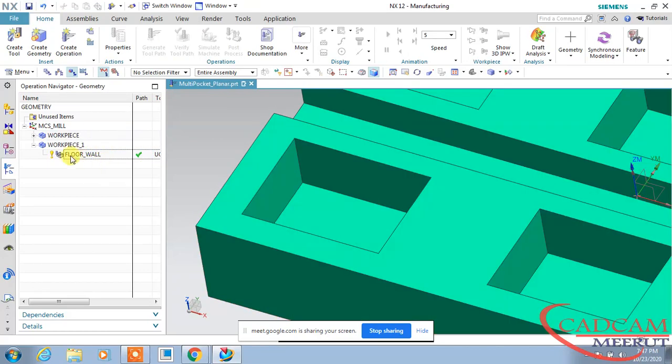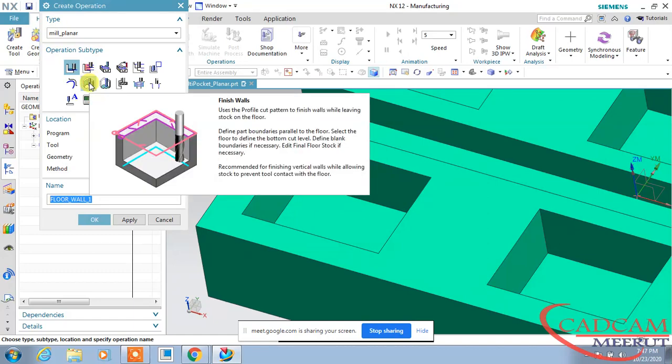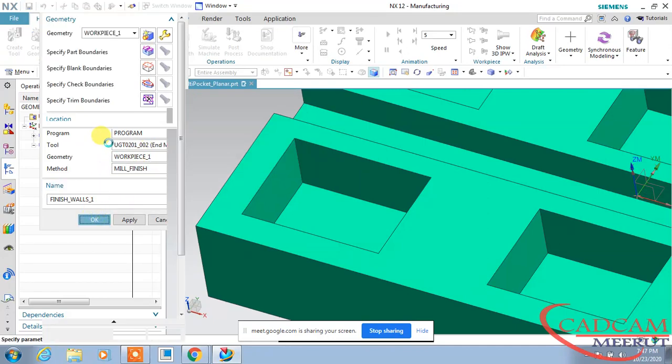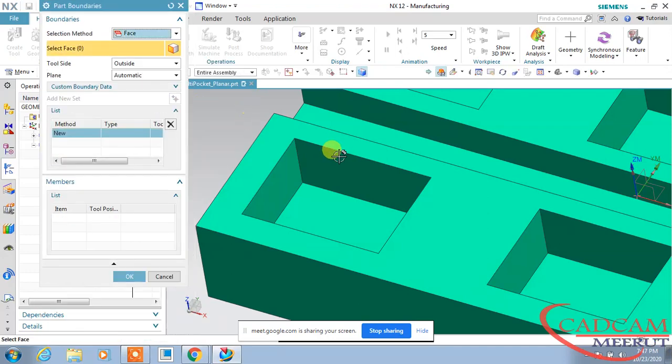Now I want to finish this wall. For that I will choose finish wall. It will cut only on the walls. Select the tool and change it to finish. Here first select the part boundary.